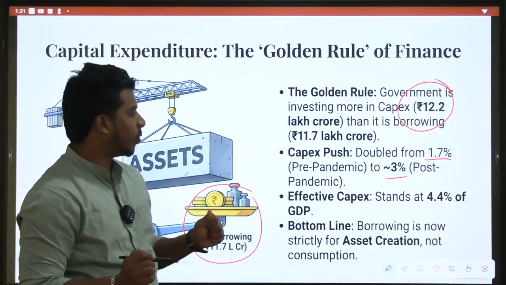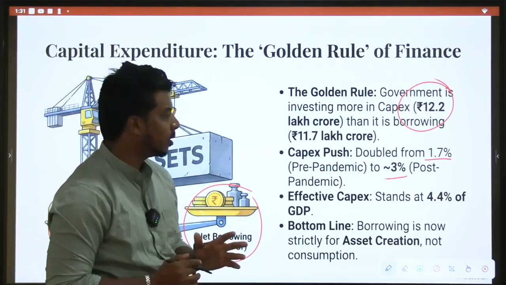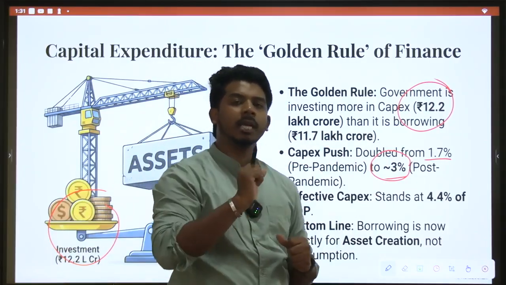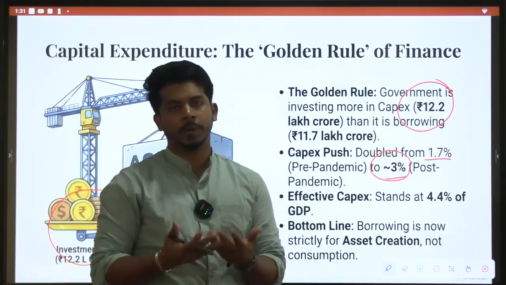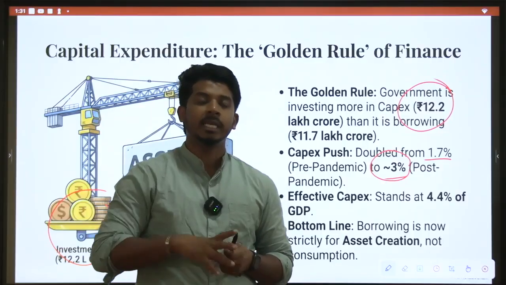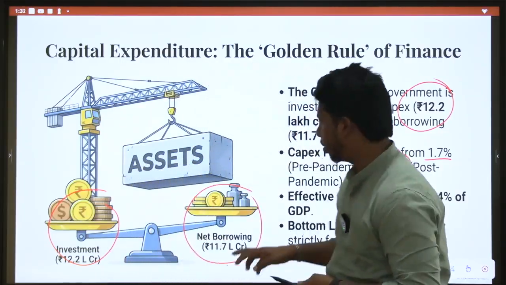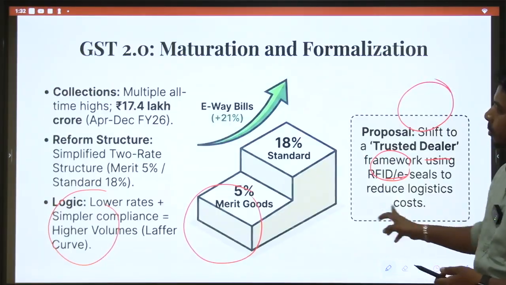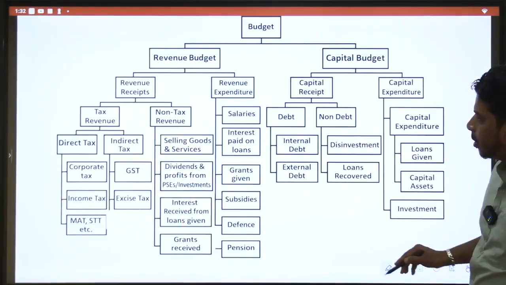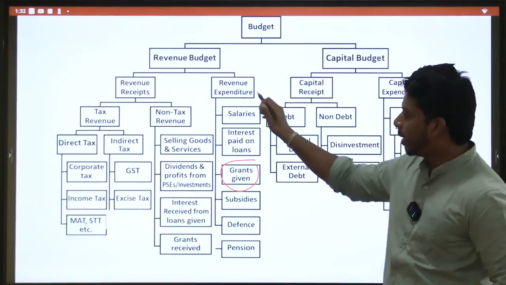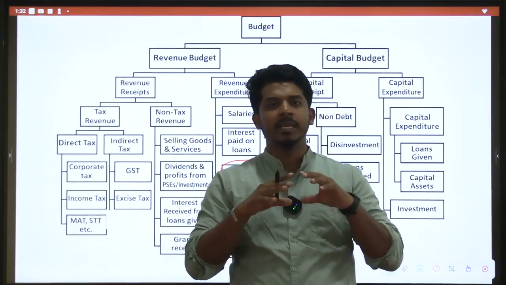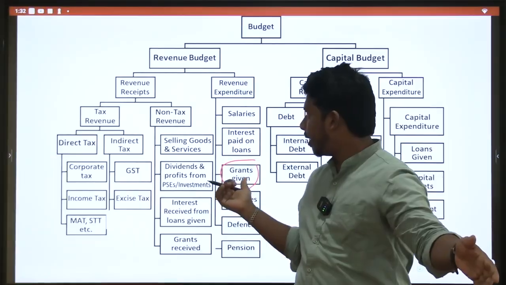Okay, then effective capital expenditure. What is effective capital expenditure? So 3% is central government capital expenditure, which is spent by the government of India directly in capital projects, in something that gives returns to them. But the government of India is also giving some grants to the state governments, and we are putting grants under revenue expenditure. So for the government of India, grants given to the states are a revenue expenditure.